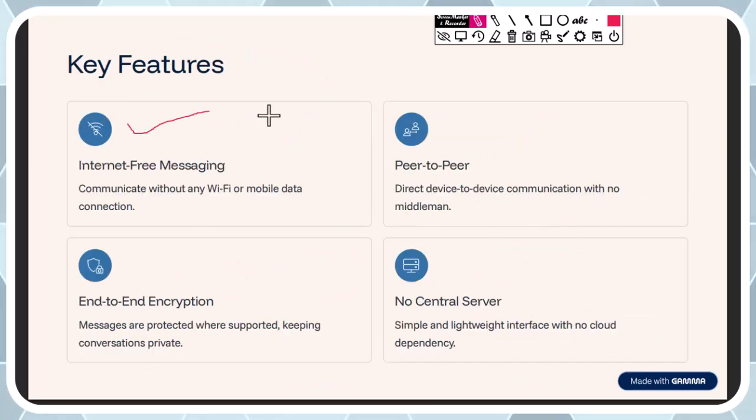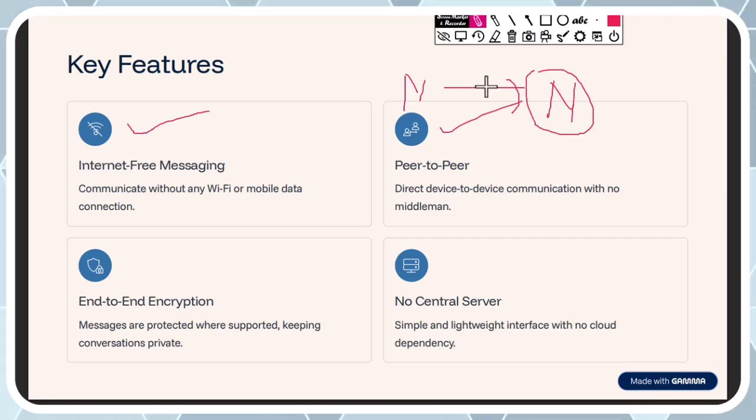Now the next. These are the main key features of the Bitchat app. First, internet-free messaging. If you are sending a message with the Bitchat app, no internet connection is required. Communication works without Wi-Fi or mobile data. The second is peer-to-peer connection. In this technology we have node 1 and node 2. Node 1 is directly connected with node 2. There is no mediator between them. It is direct device-to-device communication with no middleman. Third is